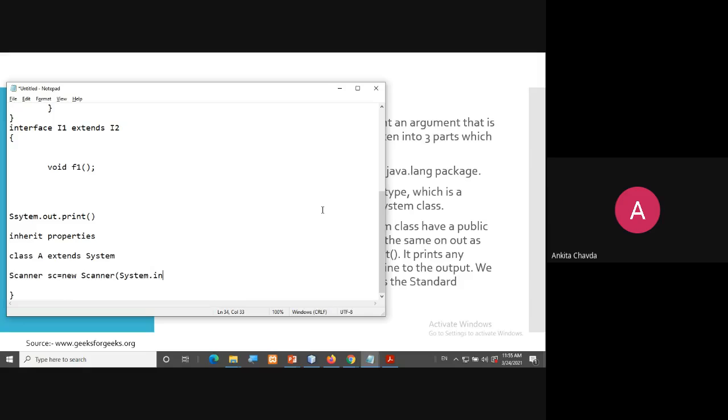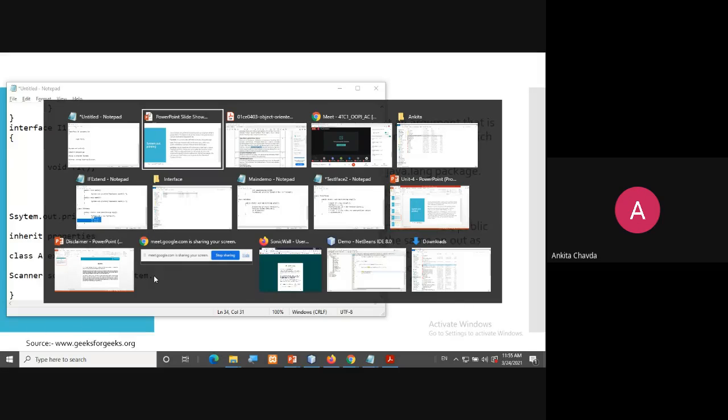So it is related not to the PrintStream, but to the InputStream, because it is used to take input. And if I am writing out, it is related to the output stream. They are actually part of a stream. Why stream? Because they are dealing with your console input and output.